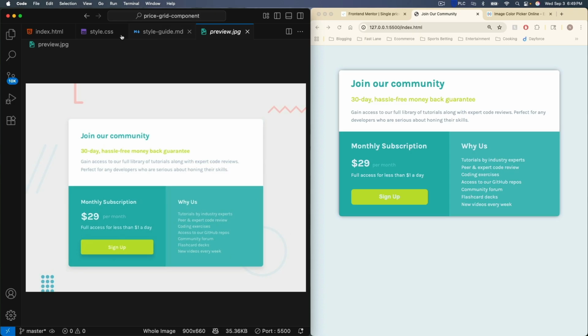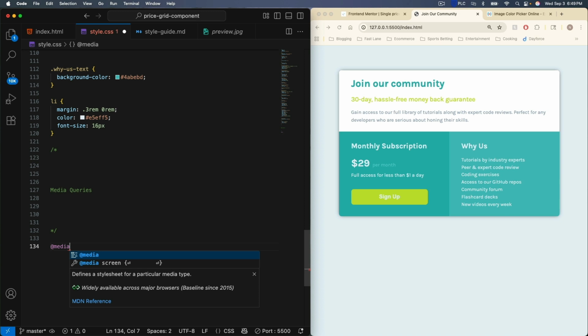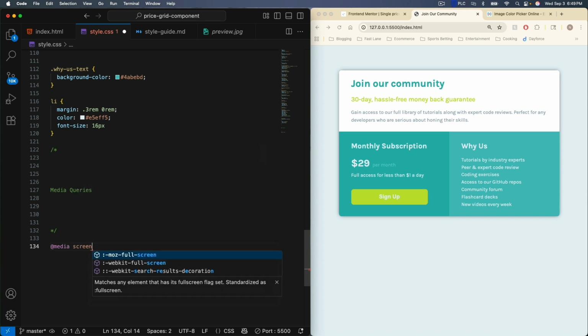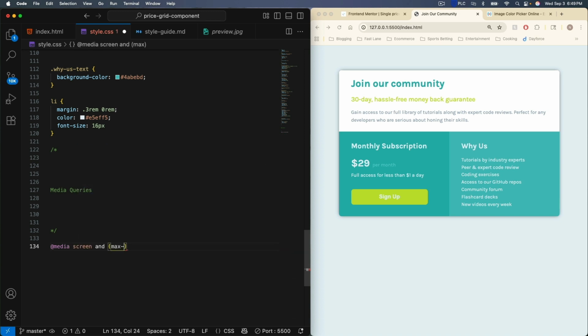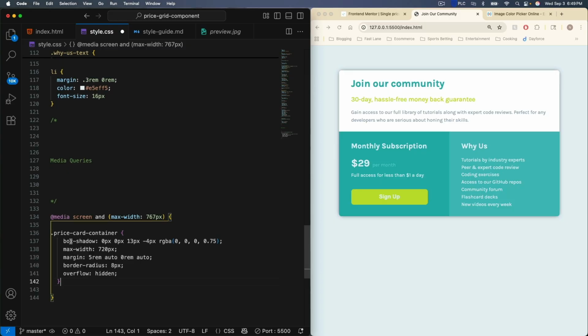So now we just got to make it mobile, which is actually super easy. So probably just only have to do like a couple lines of code for that because we basically have to stack everything on top of each other. So let's make a comment down here. We'll say media queries. Say at media screen and max width 767 pixels. And then all we're going to do, we'll select our price card container, copy that, paste it down,